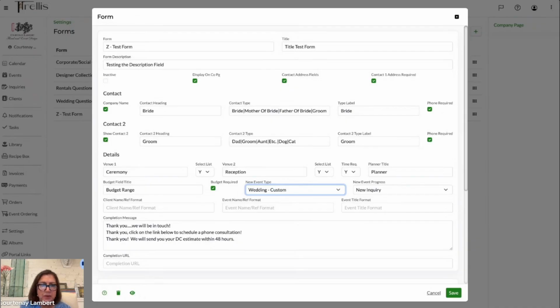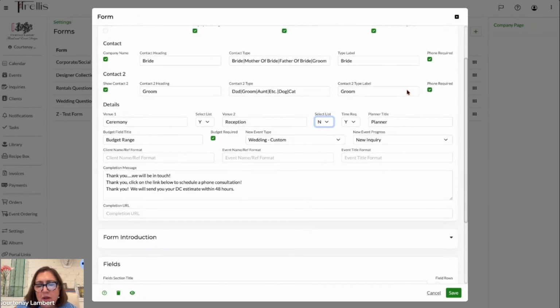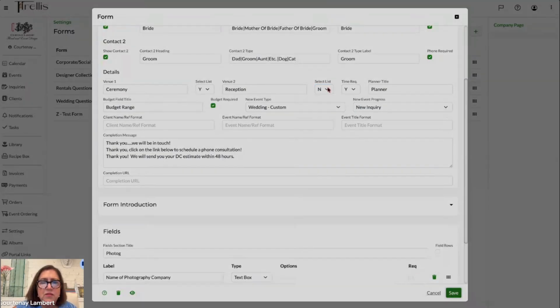Oh, venues. That's the other part I want to go through. I think I already said that you can use the drop-down list, or you can let them freeform entry the name of their venue. So I'm going to show you that real quick. And any of these, if you leave these fields blank, will not be part of your form. So for instance, when we do a rental inquiry, we leave all these blank, because if somebody just wants to rent vases from us, we don't need their planner or anything like that. Let's hit save